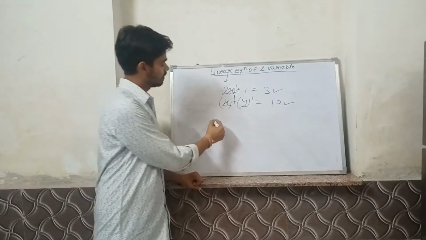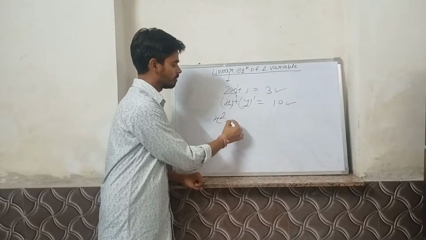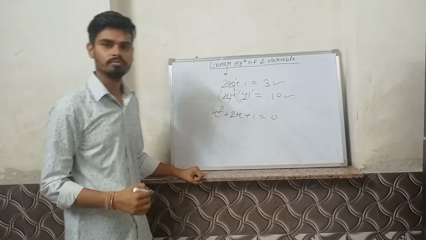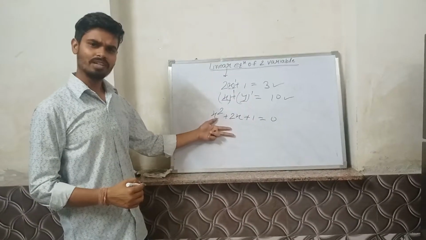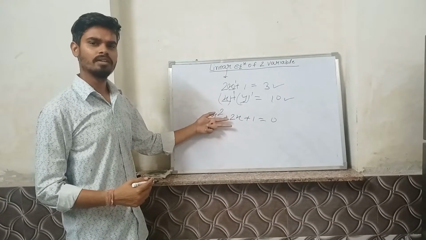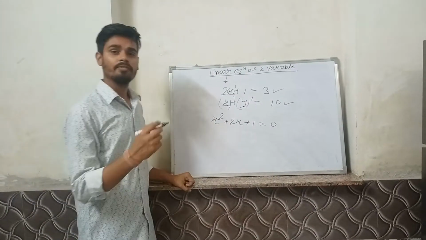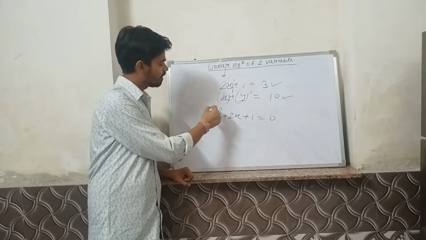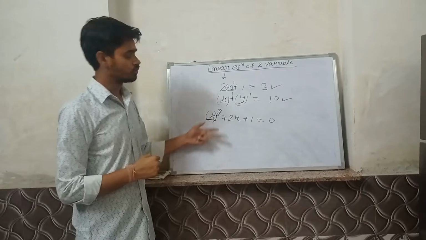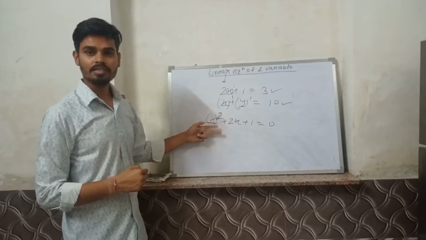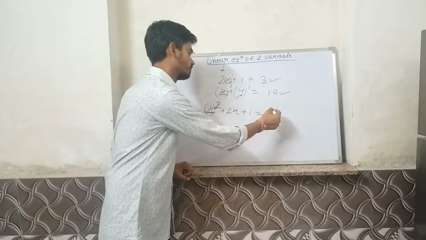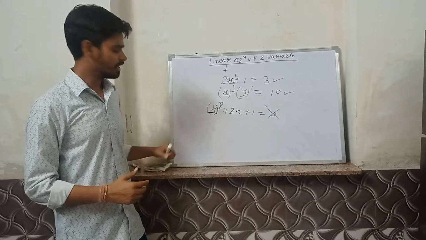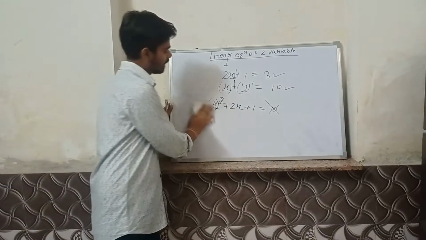Another example, x square plus 2x plus 1 is equal to 0. Can we say this is also a linear equation? No, because here we can see x has exponential power 2. So we can say this is not a linear equation. So I think you get it about the linear equation. And another thing,